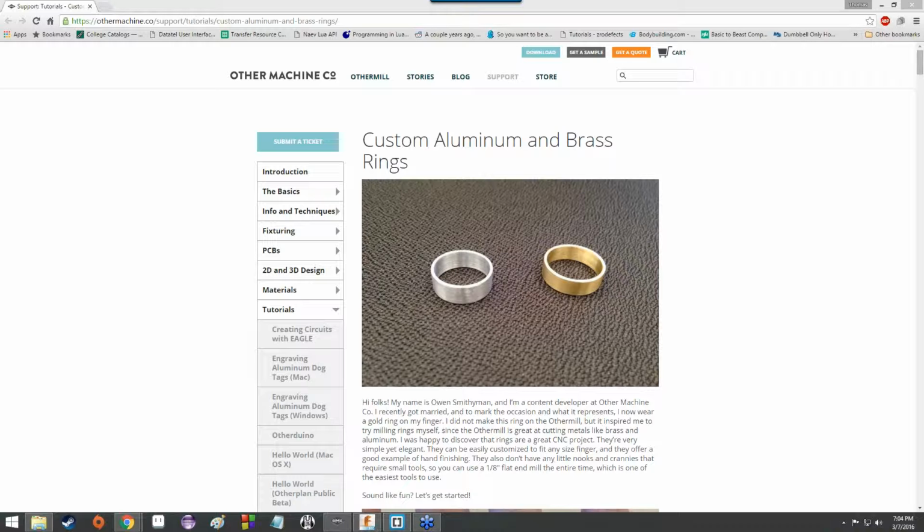Oh, it would be kind of cool to do a gold ring, like a Sonic the Hedgehog ring. Looks kind of like a thin inner tube. I get sidetracked really easily. Anyway,